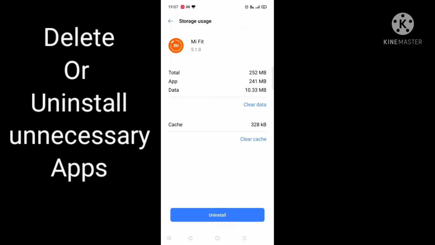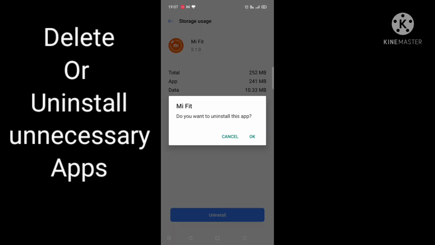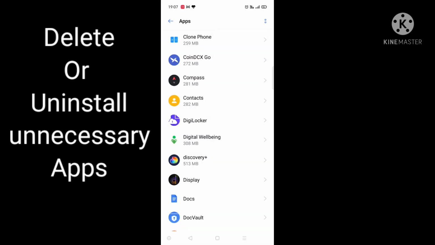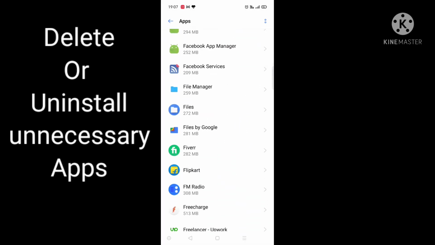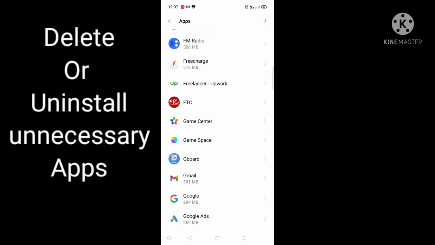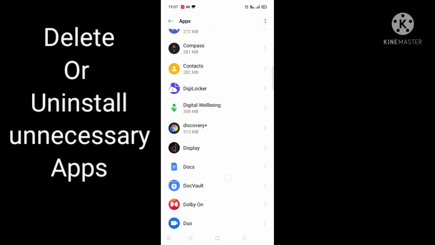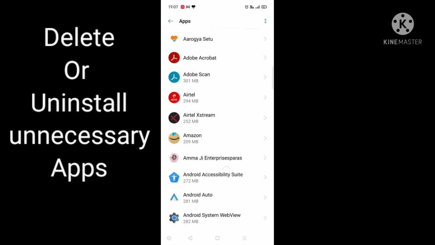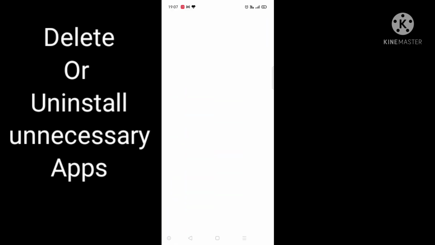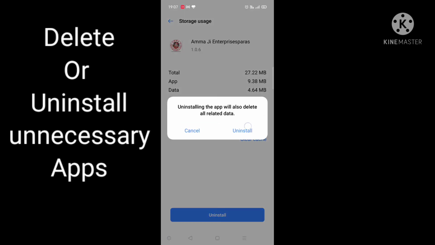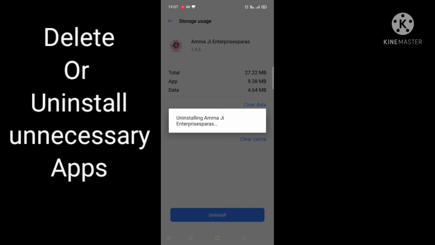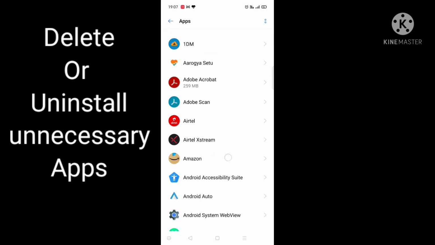I can uninstall that. Like this you can uninstall all the apps that you are not using currently. After you have deleted or uninstalled all those apps, we need to clean the apps.